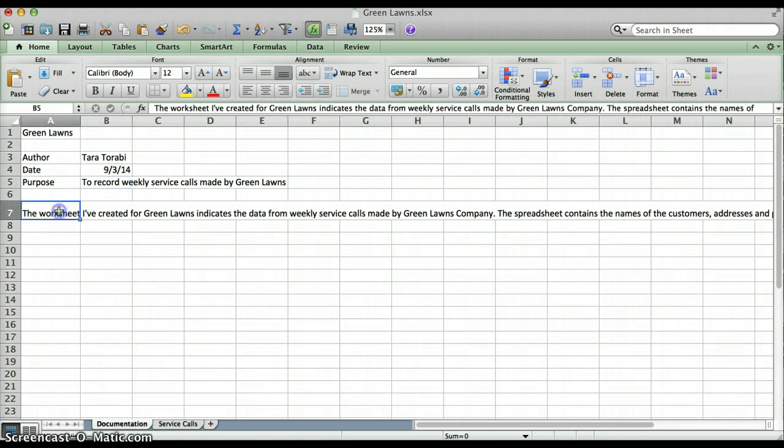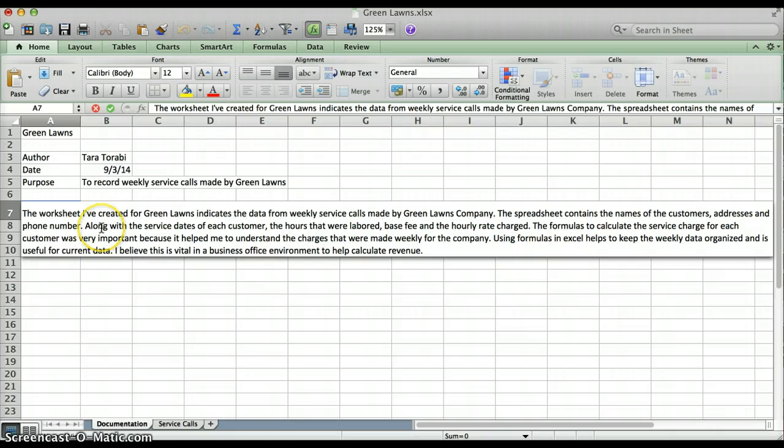So for my verbal response, I will read it to you guys right now. The worksheet I created for Green Lawns indicates the data from weekly service calls made by Green Lawns Company. The spreadsheet contains the names of customers, addresses, and phone numbers, along with the service dates of each customer, the hours that were labored, base fee, and hourly rate